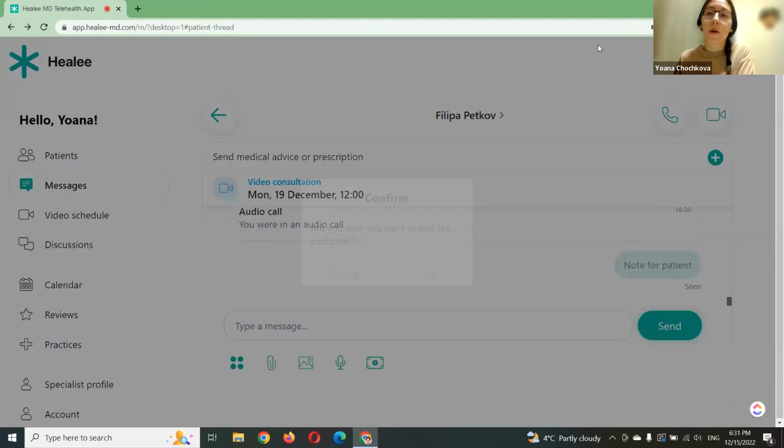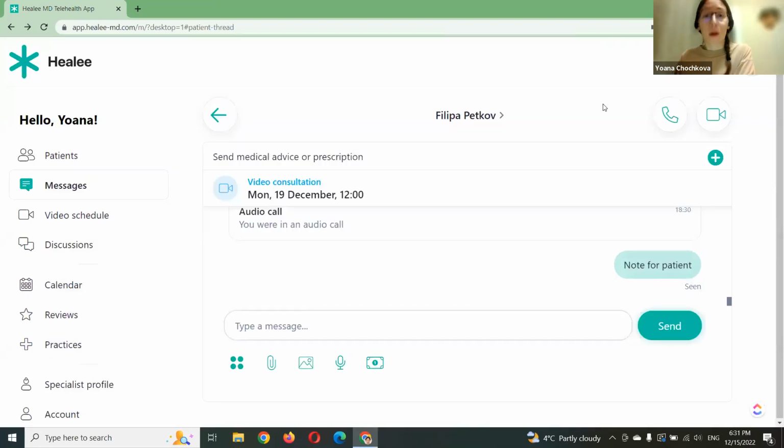Basically, we give more freedom and more power to our providers, so they're the only ones that can actually initiate an audio or video call and the ones that can terminate it in their own right. Okay, so these were the basics that we wanted to